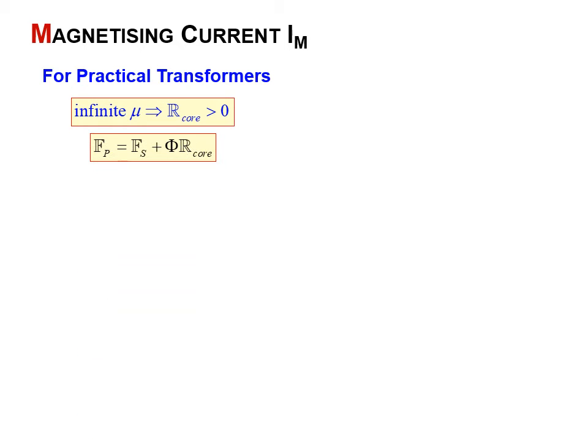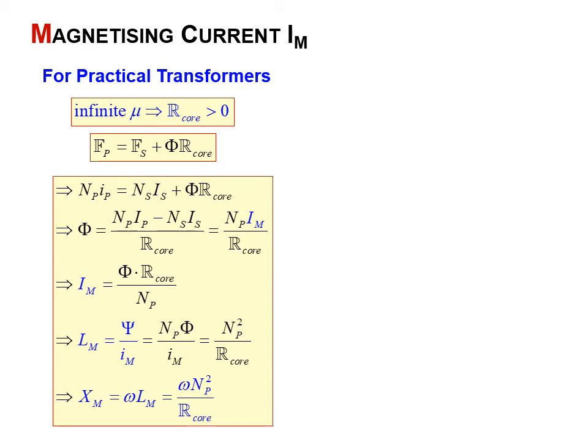So for practical transformers, the reluctance of the core is going to be greater than 0. So we can write down this equation here, that the magnetomotive force of the primary is equal to the magnetomotive force of the secondary plus the flux times the reluctance of the core. Okay,